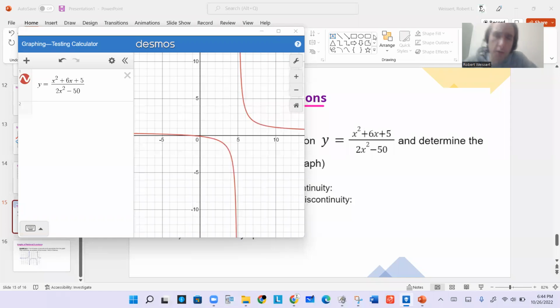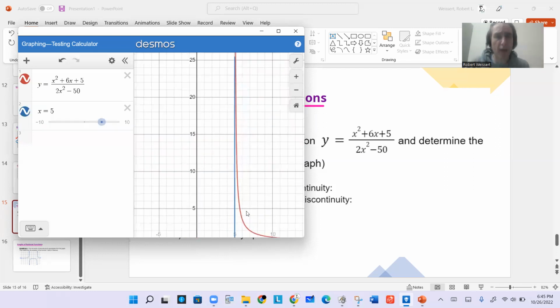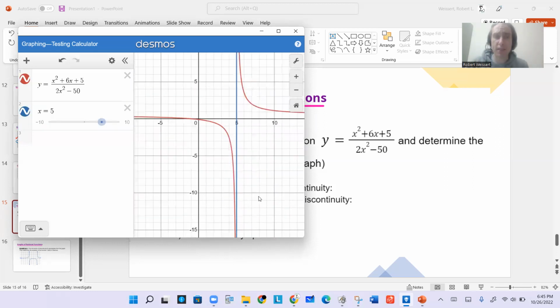One of the first things you're going to want to do on a problem like this is to graph the function first, so you see what it looks like and can maybe identify some of the things. For instance, I've looked at these graphs long enough to know I think I see a vertical asymptote. On Desmos, I know a vertical asymptote is x equals a number, and it looks like it's 5. If I put x equals 5 in there, I notice that the graph is trying to avoid 5. So that seems to be the vertical asymptote. And we can drag that up and down, and it looks like that's the case there.